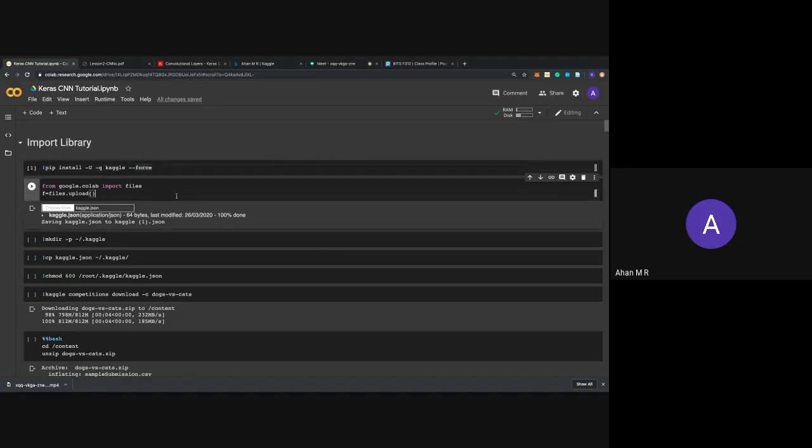Particularly if you see that in the second step, you can see that we need to upload a file here. So this is where we'll be uploading our Kaggle JSON, which we've just downloaded, so that your Colab understands that this is the account it's linked to, and there is a direct transfer of the file from Kaggle to Colab. Usually the files for most of these CNN tasks end up being pretty big, from 400 to 500 MB, or probably a GB as well. So it's nearly impossible to upload it manually. So Kaggle gives you this API, because of which it becomes much simpler that you can use it directly.